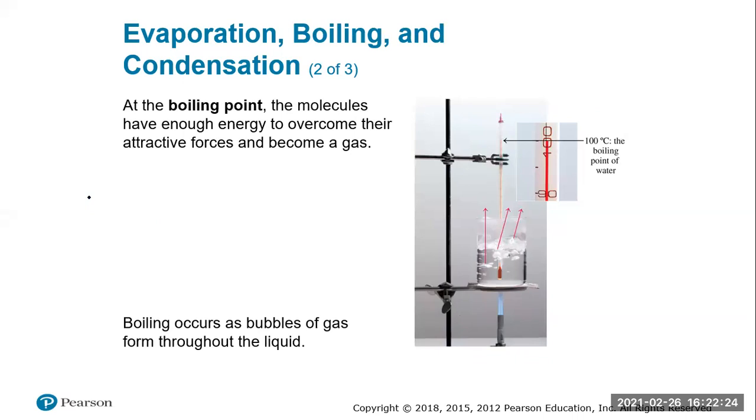So at the boiling point, that's when molecules gain a sufficient amount of energy to overcome all the forces that hold them together and allow them to escape. As you boil, you usually will see big bubbles start to form. What's inside those bubbles are water molecules, or water vapor. And when it has enough pressure to keep the bubble, it goes to the top. Once it gets to the top, obviously it pops and allows the water to escape as that steam that you see coming out of the beaker as it's boiling.